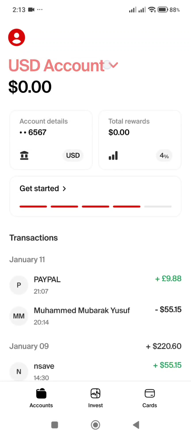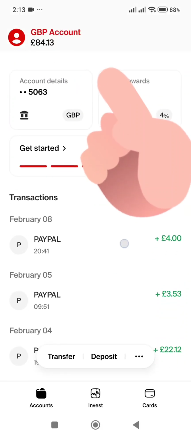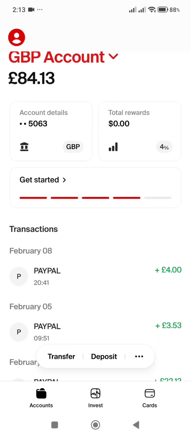Okay, I will send this to GBP. So when you're in this position, the next thing you're going to do,